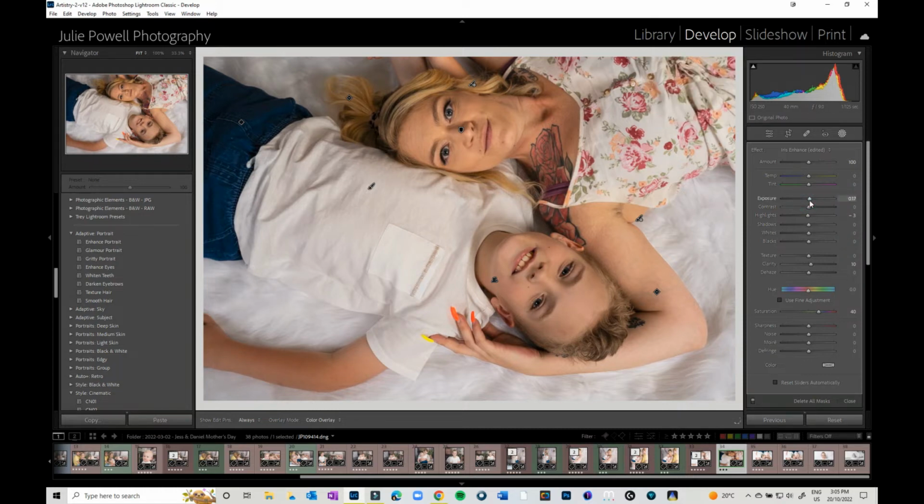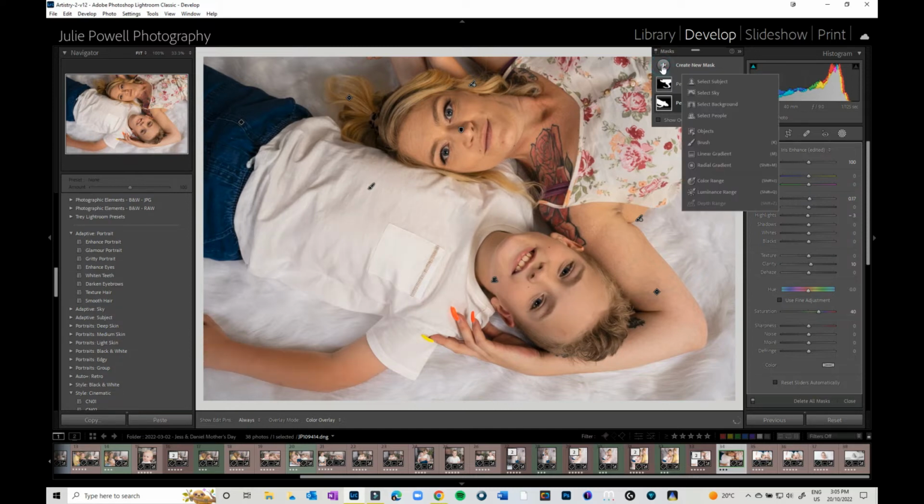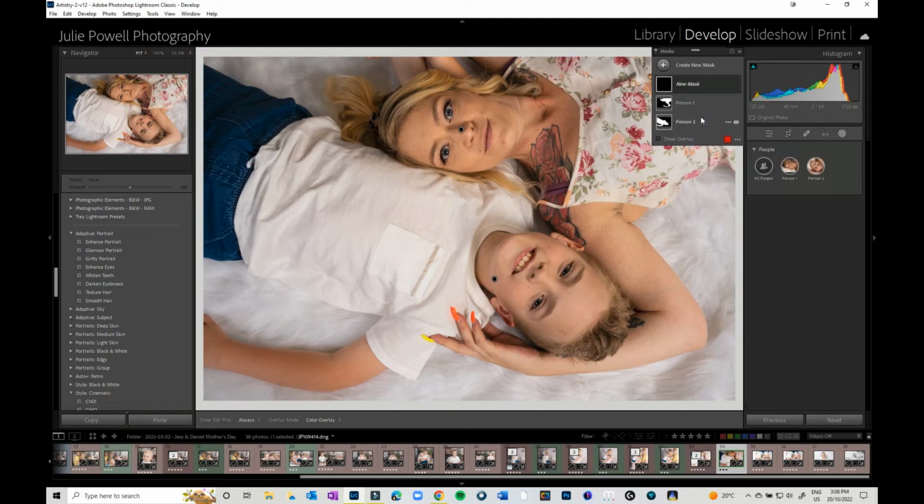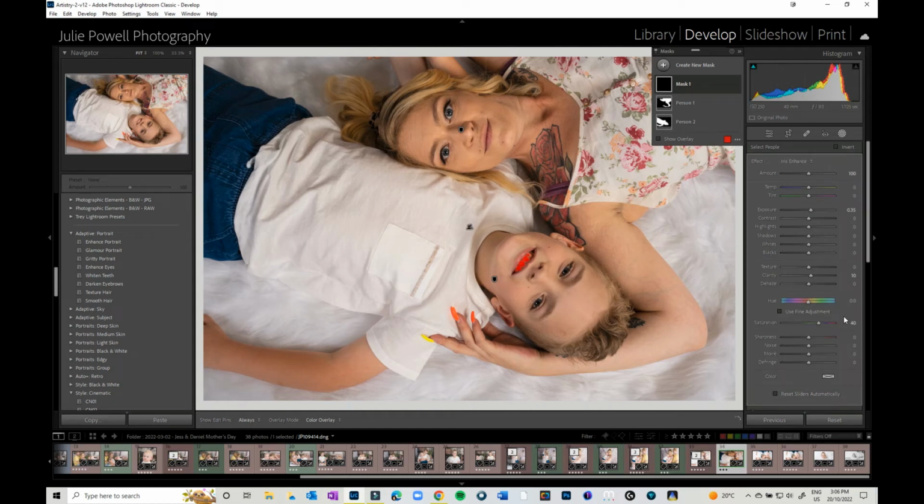The other thing that you can do, if you go into your masks, if you click on new, and I'm going to go into select people, and I am going to go into, say, person 2 again, and instead of selecting the entire person, you can actually select their hair or their teeth or their lips, and you can do masks just for that particular area. So say I want one for teeth, I can click on that, and I will then come up with a mask